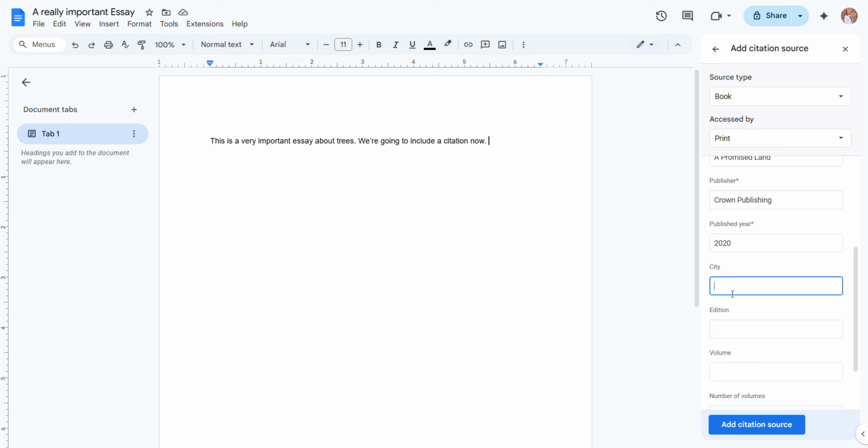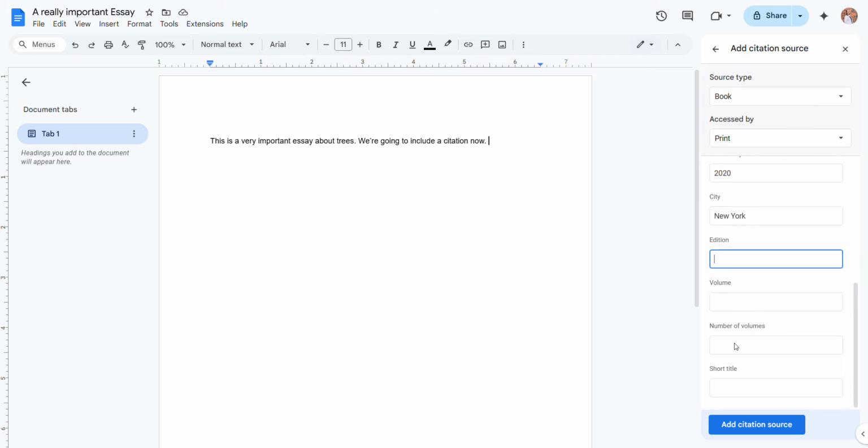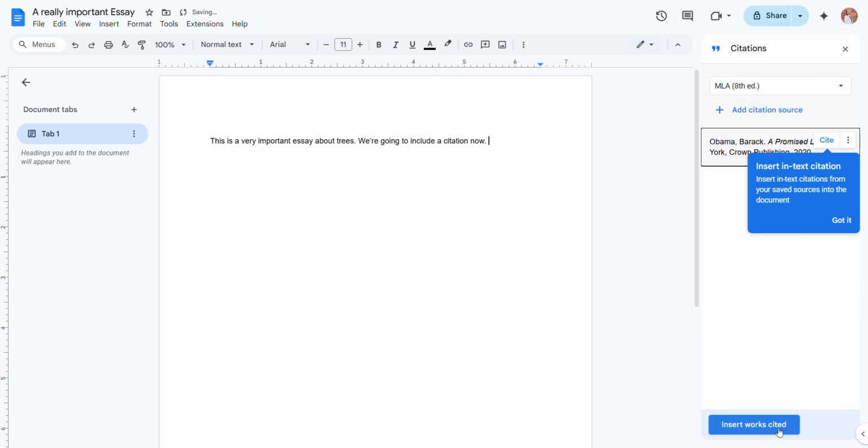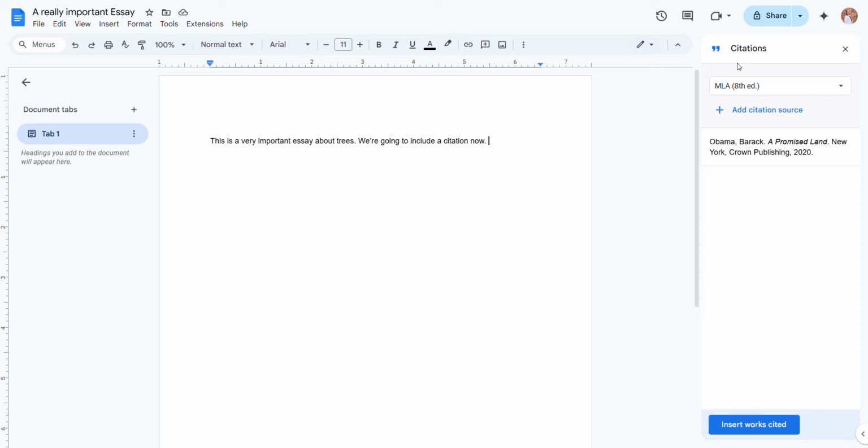And if you have the information like the city that it was published in, if it has different editions, oftentimes some of this information will not apply to your citation source, and if it doesn't and it's not required, you don't have to fill it in, but it's helpful if you can. So then when you're ready, you add it to your works cited,